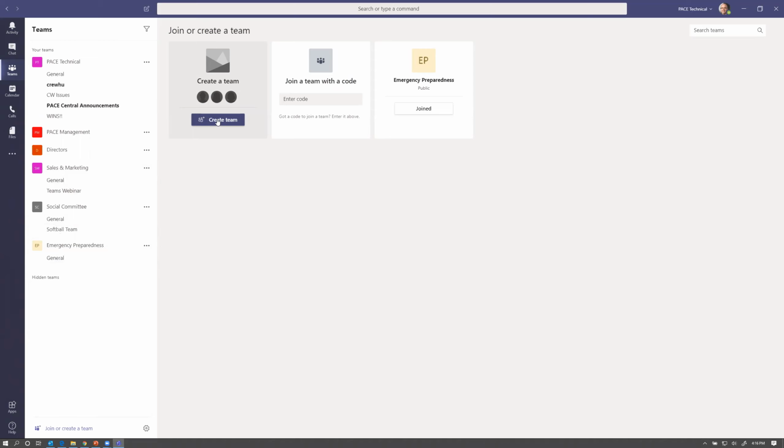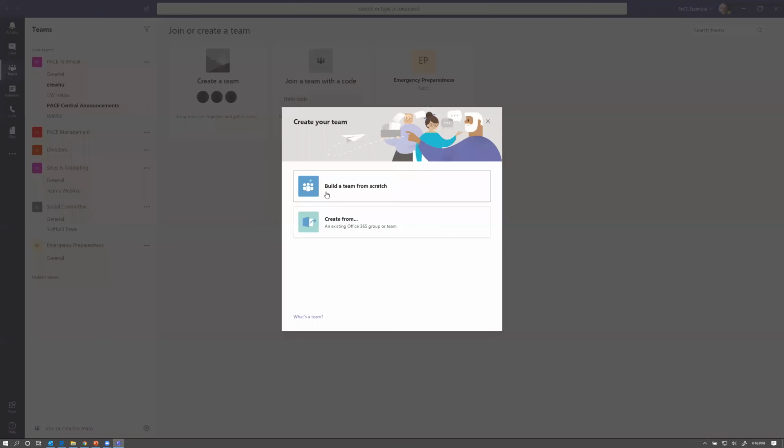So you just click on this link here, create team, and you have two options. The first option is to build a team from scratch, which we're going to do in a second, or you can create a team from either an existing team, and that might be useful if you maybe have a large company and you just want to clone another team because it's easier than manually going back in and trying to add all the members. And then maybe you can edit or adjust as necessary the membership of that other team, and you're just going to give it a new name.